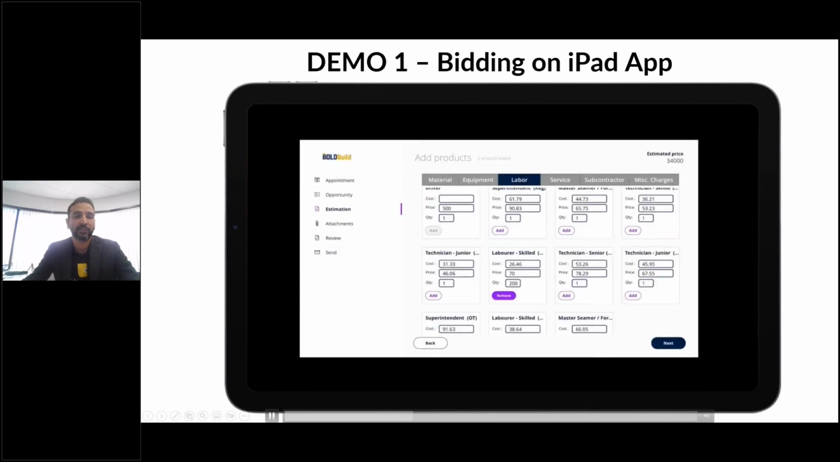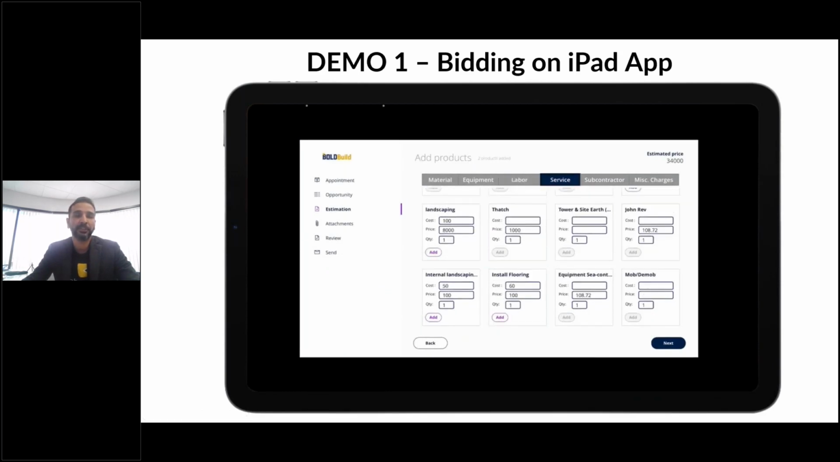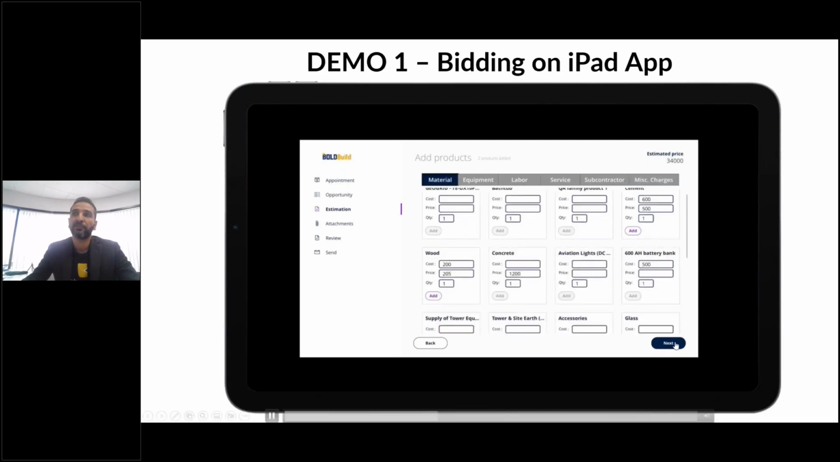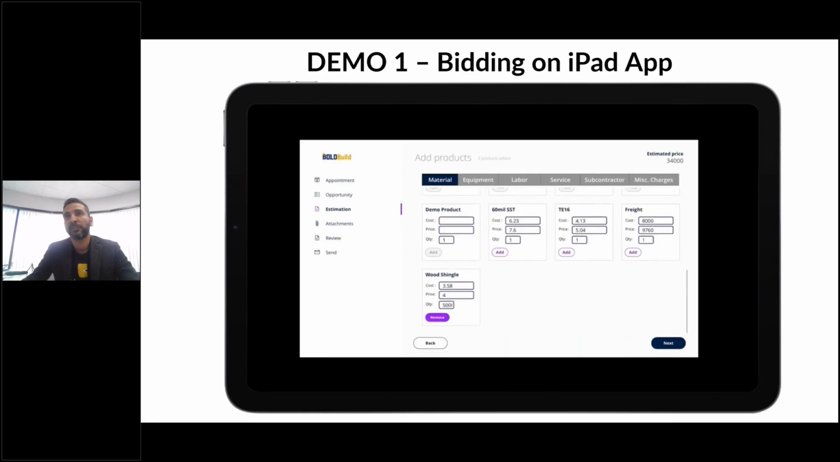And if I wanted, I could have picked service company. I could have picked a subcontractor. Any miscellaneous charges I have, I could have picked those as well. But just to keep it simple, I am not going to go into those details, and I'm going to hit the next button here. And as I do that, it is going to take me to the next screen